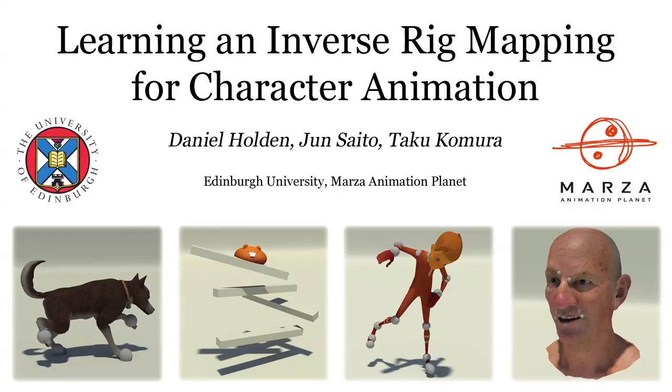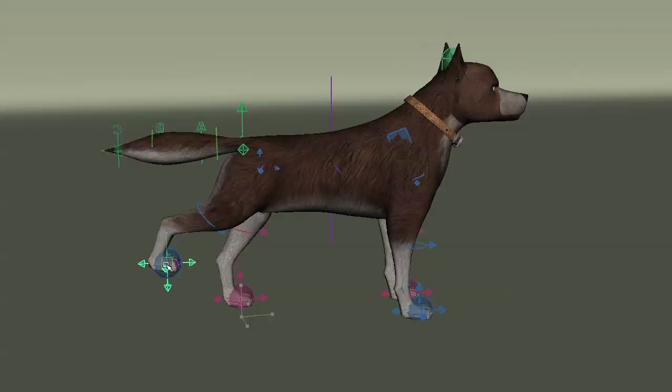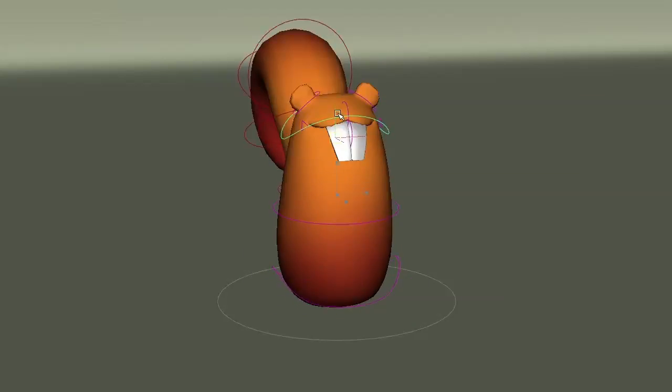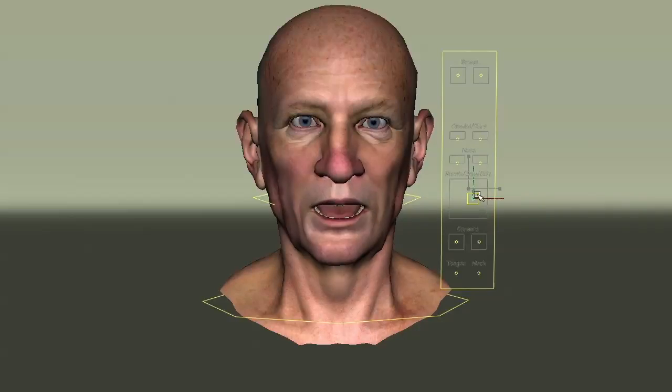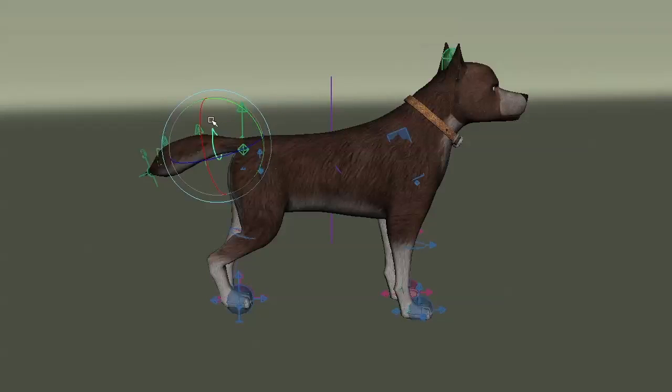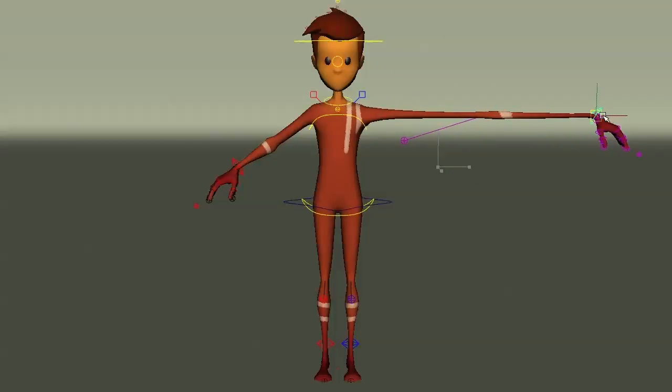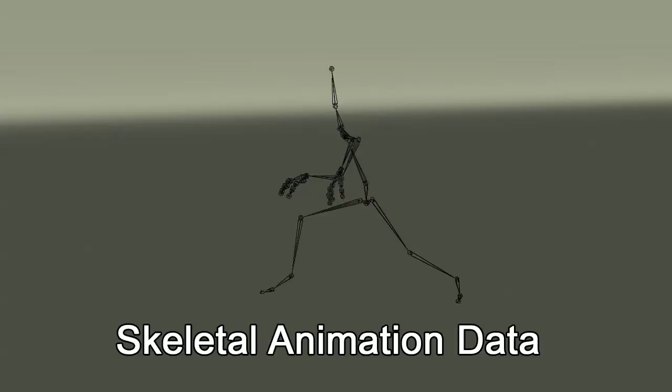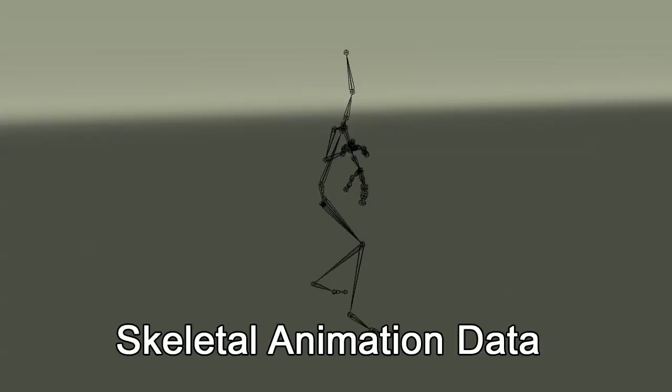In keyframed animation, rarely are the joint angles or joint positions of a character edited directly. Instead, animators pose an animation rig, which is a system constructed in the 3D package that drives the underlying deformation and skeleton. Yet, animation research and technology almost always takes place in the space of the joint angles and joint positions. If animators wish to edit the results of these methods, they must first be mapped back into the space